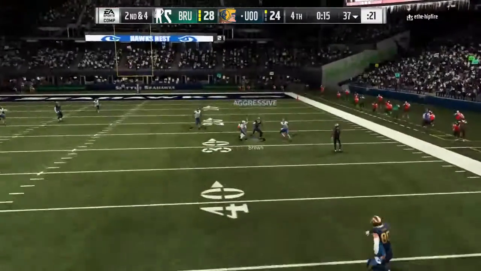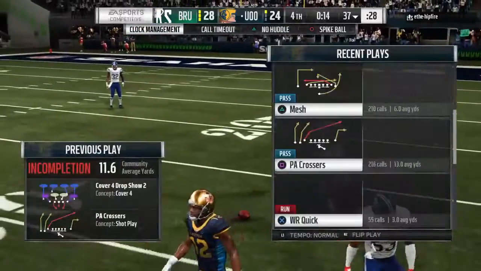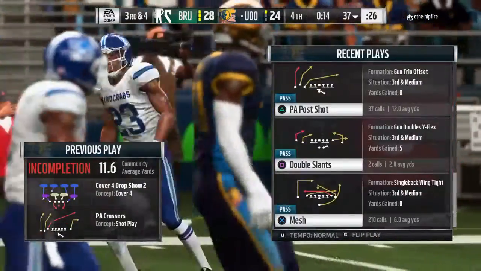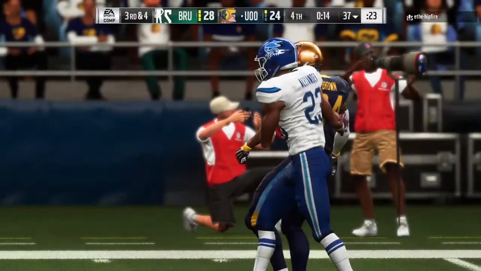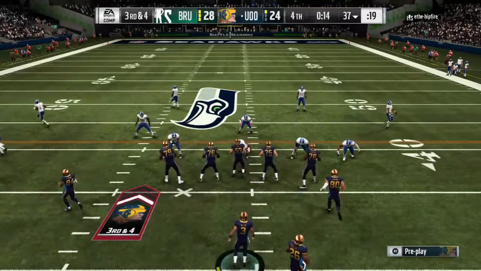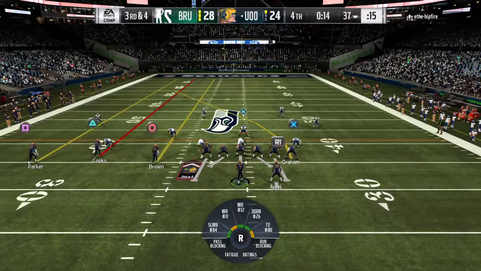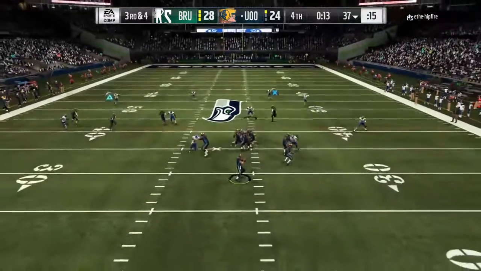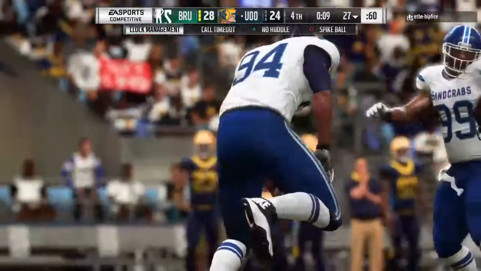Now a desperation throw deep downfield, and the hit jarred it loose. It's incomplete. Now we're in the situation where the quarterback's got to take full charge of his huddle. Got to totally command it, make sure all eyes are on him. All focus is locked in. Going to call multiple plays and go over different situations and scenarios to make sure everyone is on the same page. And he can't get a throw away. He's taken